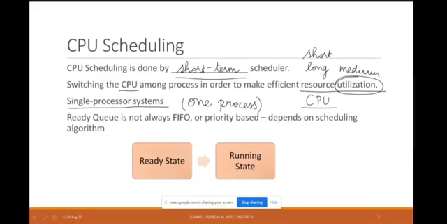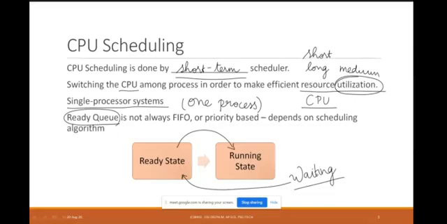For this purpose, we will be using your ready queue. We are going to see what happens when your processes are moved from your ready state to running state. This is the only state transition we consider. We are not going to consider the waiting state, because it is waiting for some IO to complete or some interrupt or some event to happen. After completion, it will come back to your ready state.